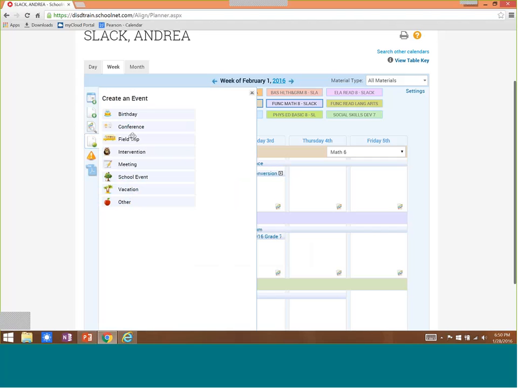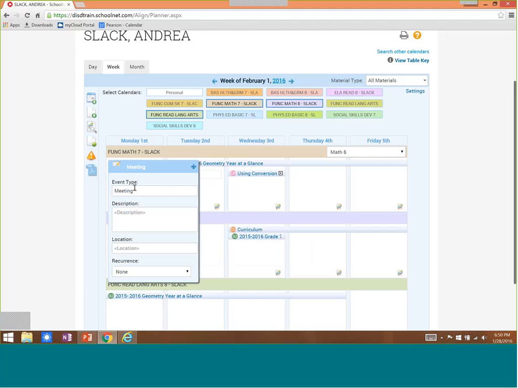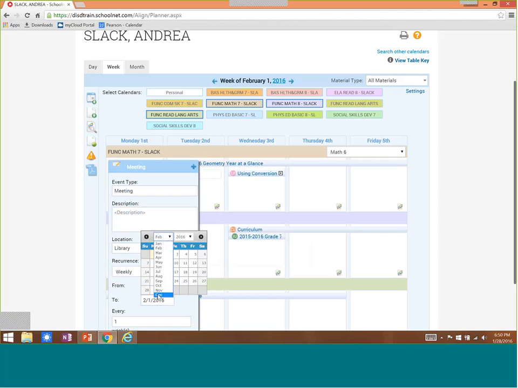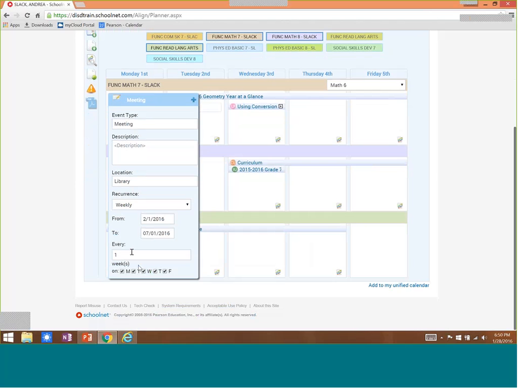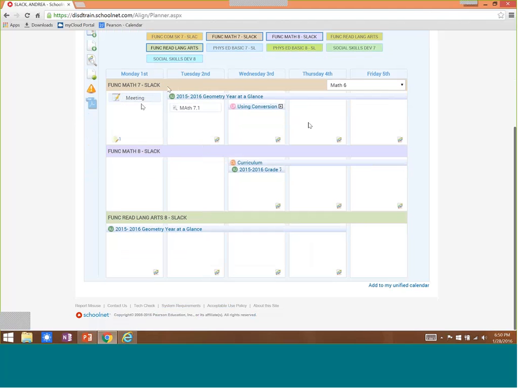You can also create an event. So if you have a meeting every week, I can drag that down to the day, and I can say it's in the library. I can't type today. And if there's a recurrence, I can say it's weekly from February 1st all the way to June 1st. Do I want it to do every day or just Mondays? So I deselect this, I click on the plus sign,